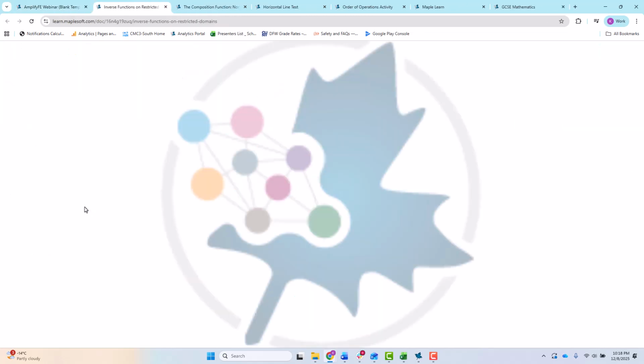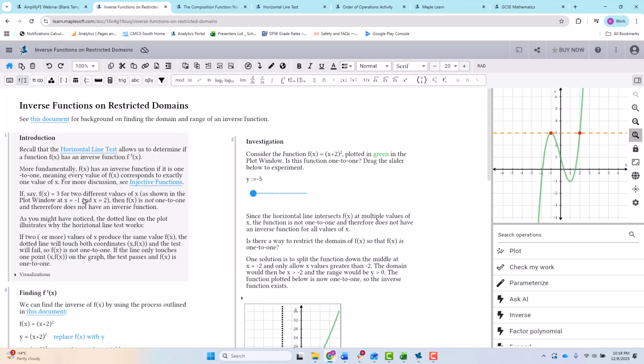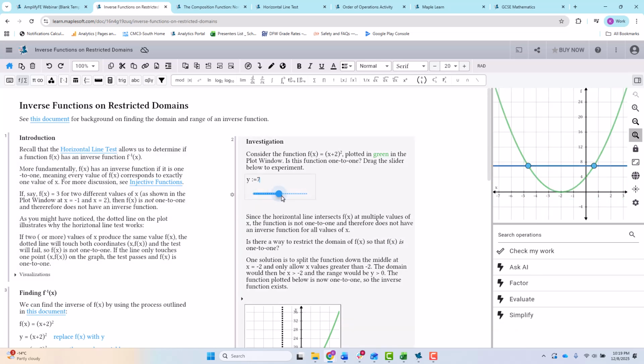I've picked another one on inverse functions. So again, there is an introduction, something to get students to recall. There's links to different documents, which is really nice. In this case, there's an investigation. They can look at this in more detail